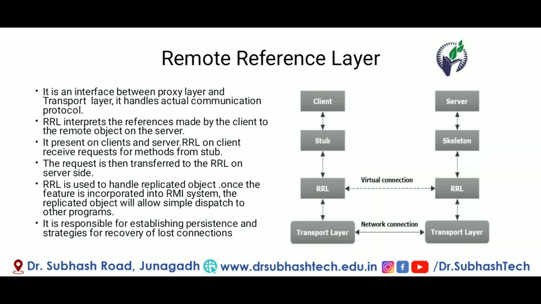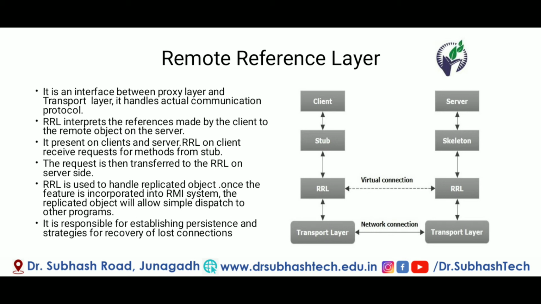Next is the remote reference layer. It is an interface between the proxy layer and the transport layer, and it handles the actual communication protocol. The remote reference layer interprets the reference made by the client to the remote object on the server, and it is present on both client and server side. The remote reference layer on the client receives the request from the method directed from the stub object, and this request is transferred to the remote reference layer on the server side.